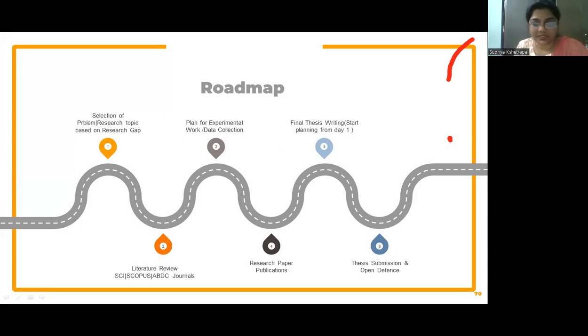So I'll just go through this roadmap of our research. So first we have to select the problem, then select the research topic, and we have to find out the research gap. And that can be found out by using the literature review from the various well-known journals. And then we have to plan for the experimental work or data collection. Then we have to go for the research paper publication, final thesis writing ना। अब ये बहुत ही इम्पोर्टेंट चीज